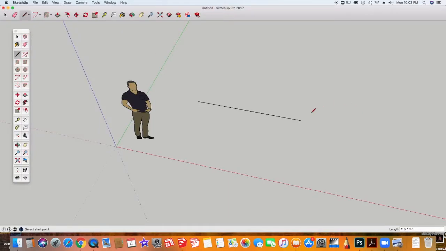So I'm going to take my pencil tool, make sure that I click on that endpoint, that green dot. I'm going to click again, and I'm going to pull this so that it's snapping on the green axis. If it's snapping on the blue axis, it's actually going straight up into space, even though at this perspective it doesn't look that way. I want to make sure it's on the green axis, and so I'm going to pull